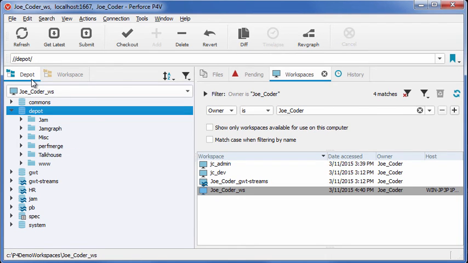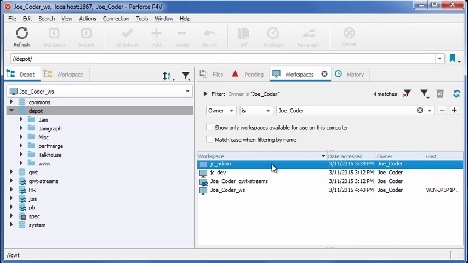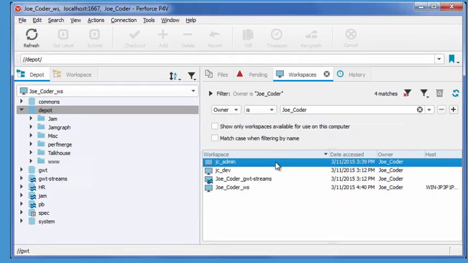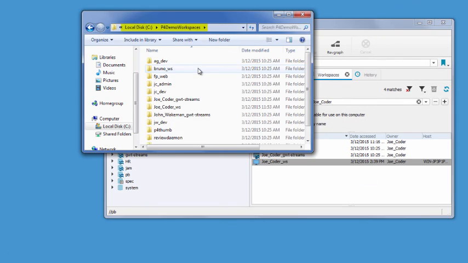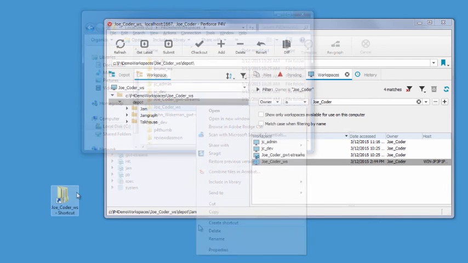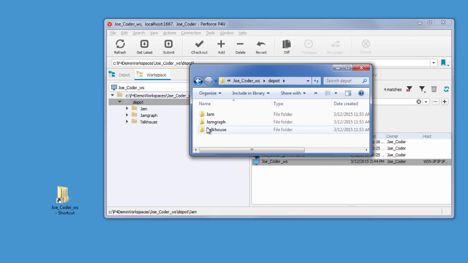You are not limited to one workspace. You can have a workspace set up for each of your projects or have one overall workspace where you sync your files as needed. You can create an alias or shortcut of your workspace directory and place it on your desktop for quick access. Place new files and folders you want to version into your workspace folder, so they then can be added to the depot from within P4V.